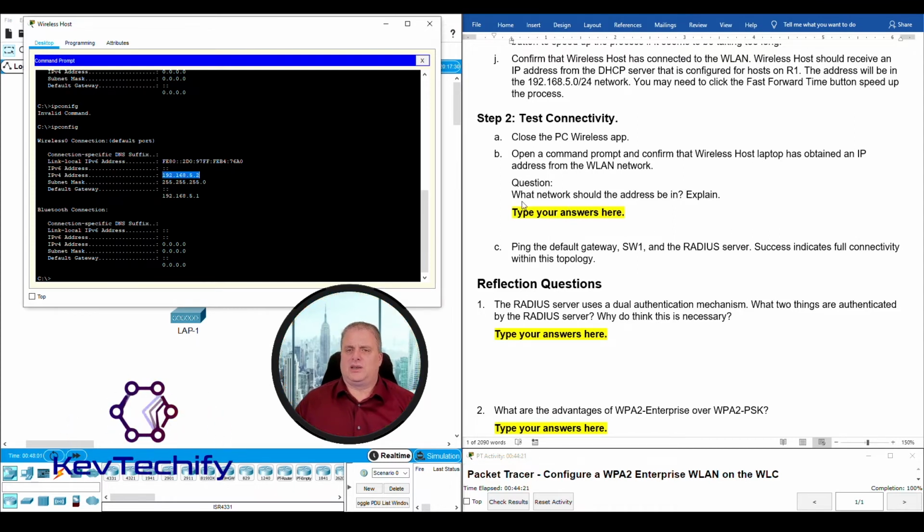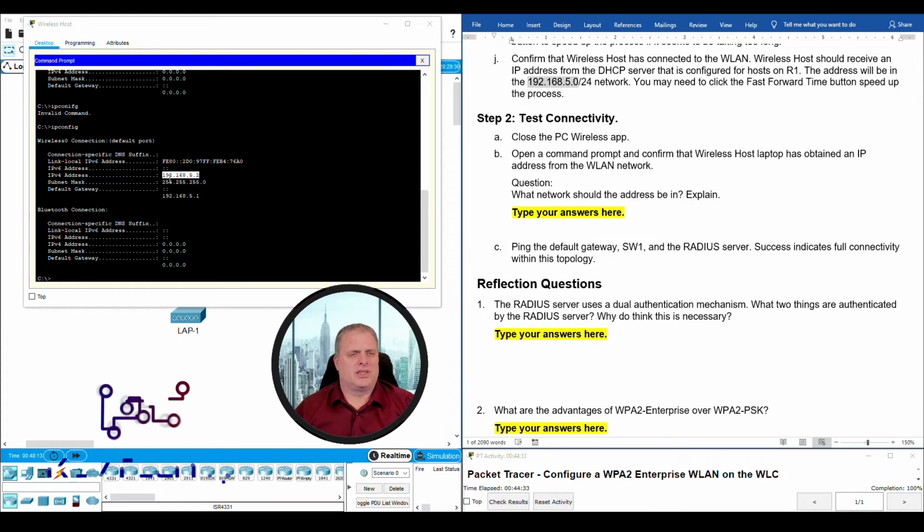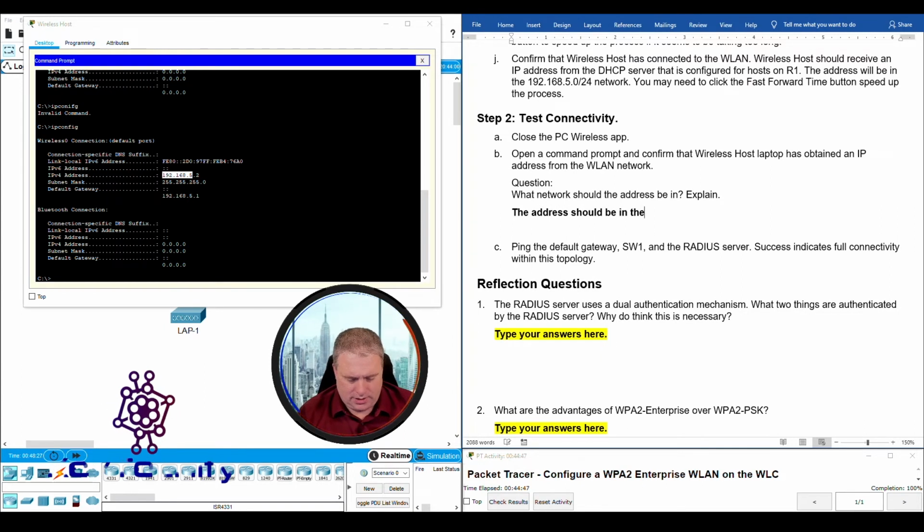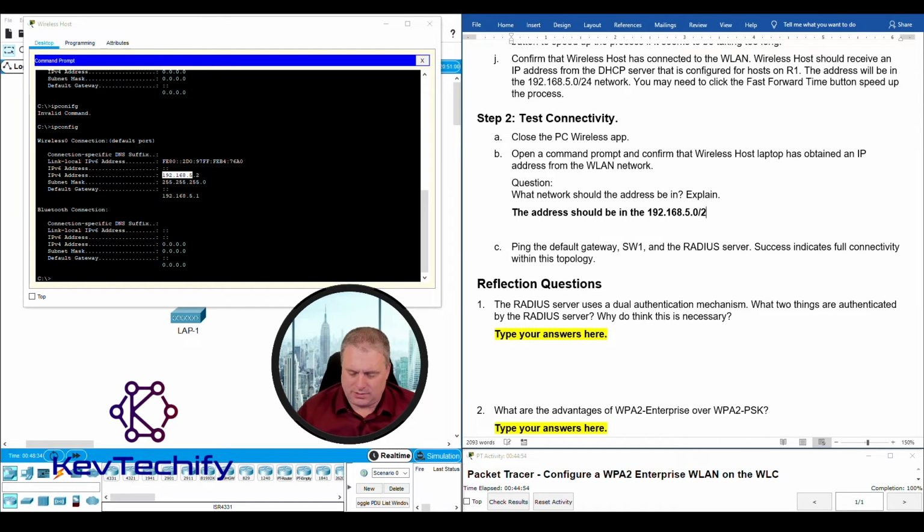What network should the address be in? Well, it should be in the .5 network. Why? Because it is set up here in the instructions right here. But we can see that it is the 192.168.5 network. Okay. The address should be in the 192.168.5.0/24